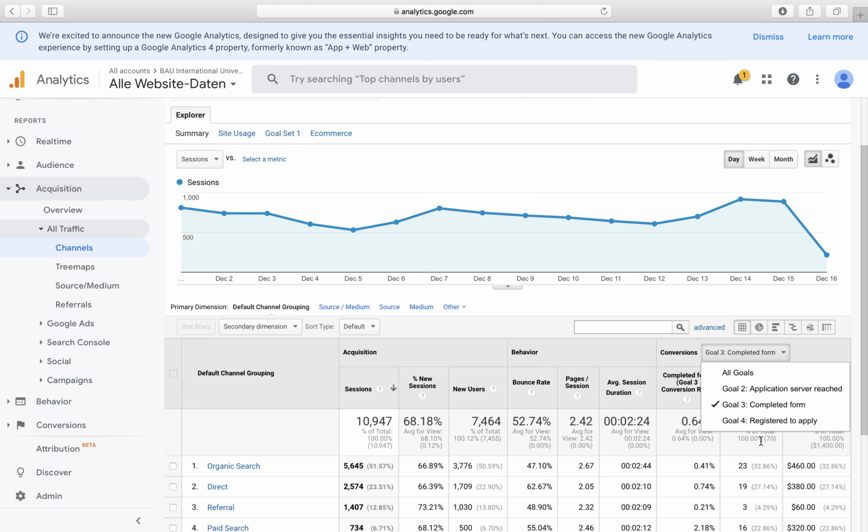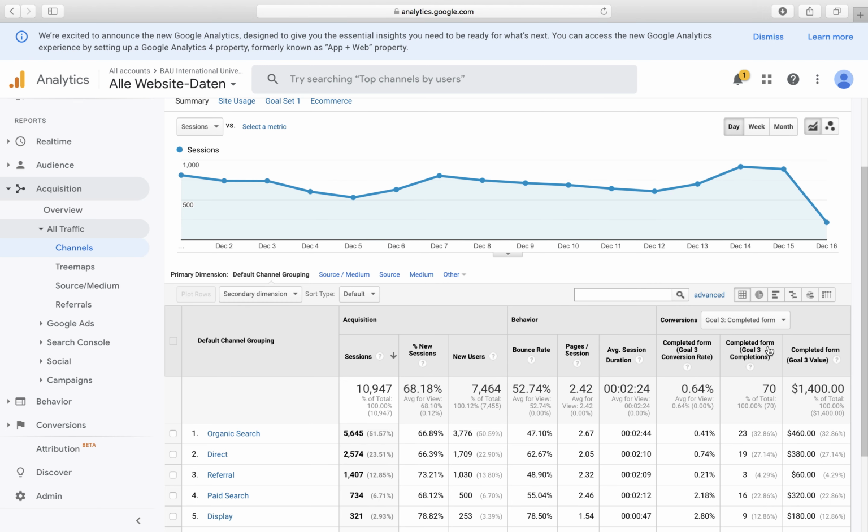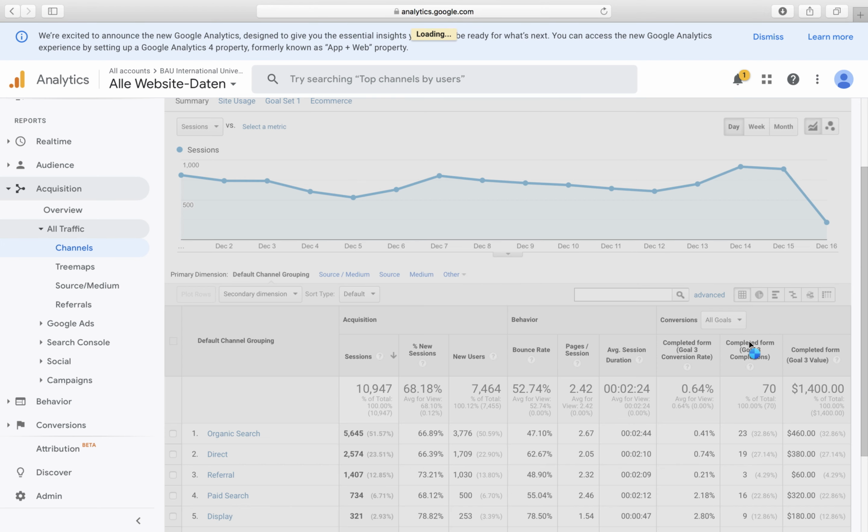There's something wrong, because it should be less than that. So as I told you, for sure this is some error, right? Google is not able to track these numbers, but it still gives us the idea that if we select all goals, in general we cover,